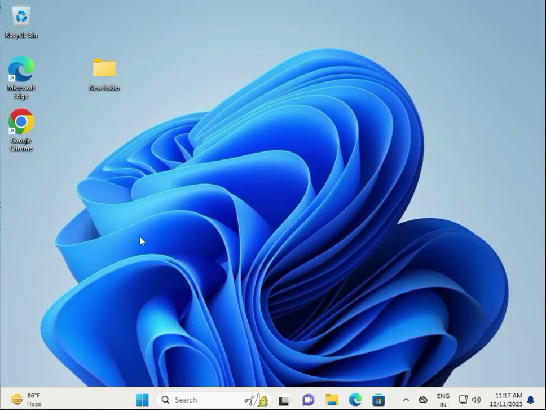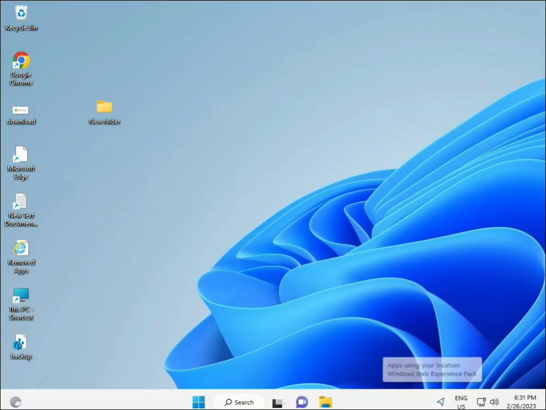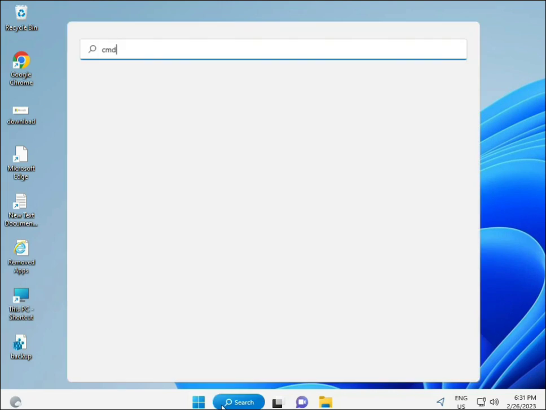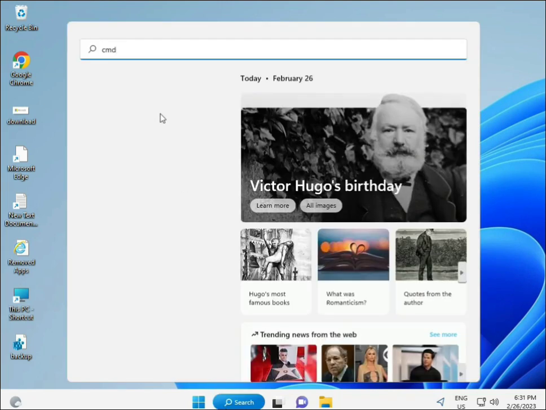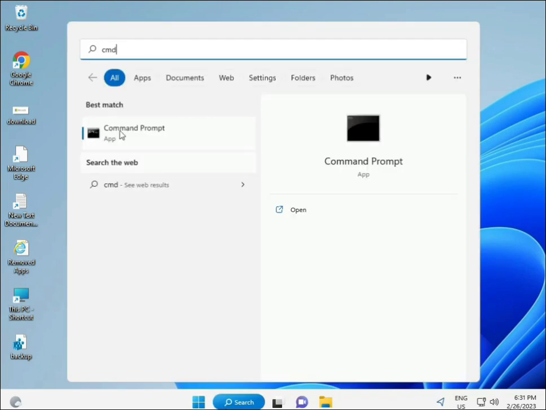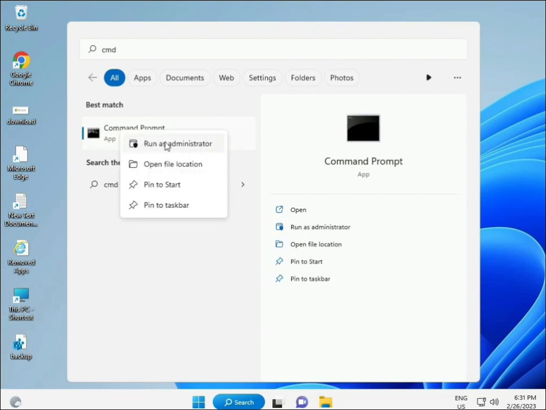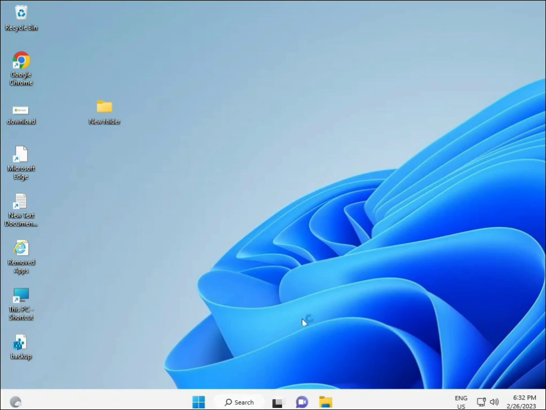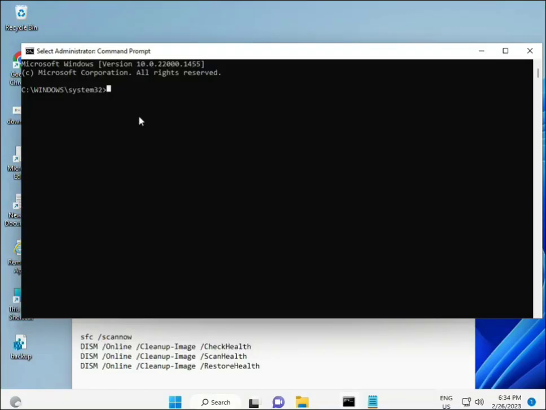Then guys, next solution. Click the Start button and type cmd and then enter. You can try to run as administrator, right click and Run as administrator, so you are giving full permissions. Okay,